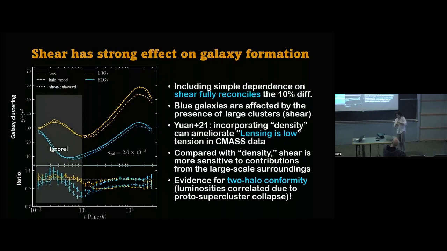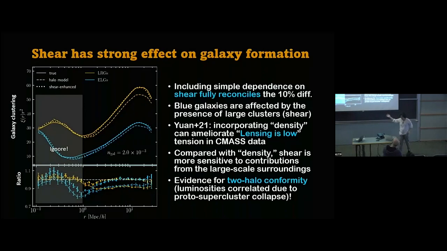And we're, in fact, hoping that this updated definition of the environmental dependence, which now takes into account the shear, will give us an even better result, because shear is even more sensitive. And again, this is from yesterday. So shear, the way we define it with the gravitational potential, is even more sensitive to your large-scale surroundings. And it turns out that, at least for blue galaxies, that really matters a lot.